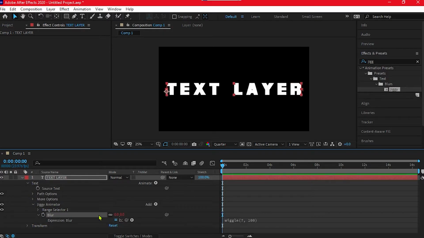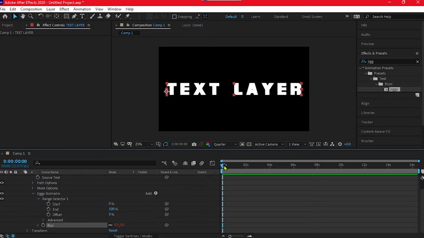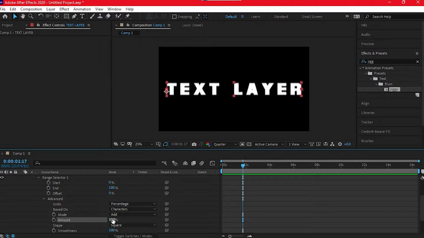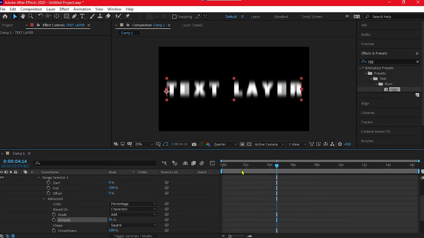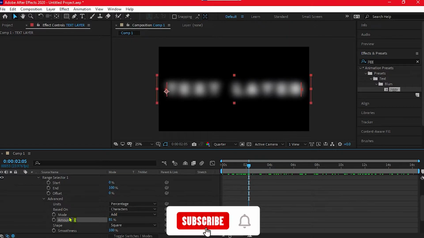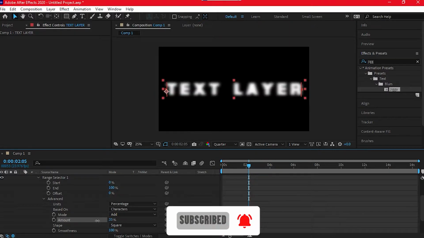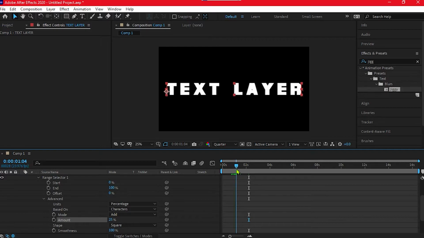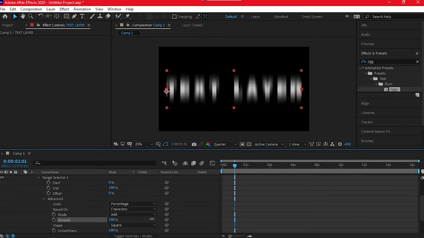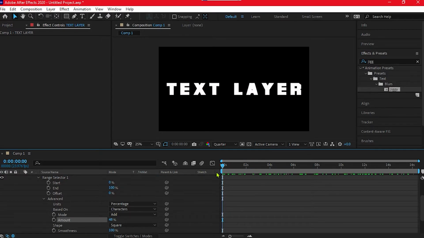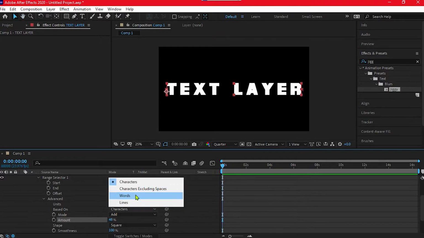Then you can see the blur; we have the code right here, so you don't need to play with it. Go to Range Selector 1, then Advanced, and then Amount. If you make changes in here, it is going to be a drastic one, because it's basically the most important thing right here. Just get your number right. I don't think it's that tough, so I'm going to use close to 80, or 50.